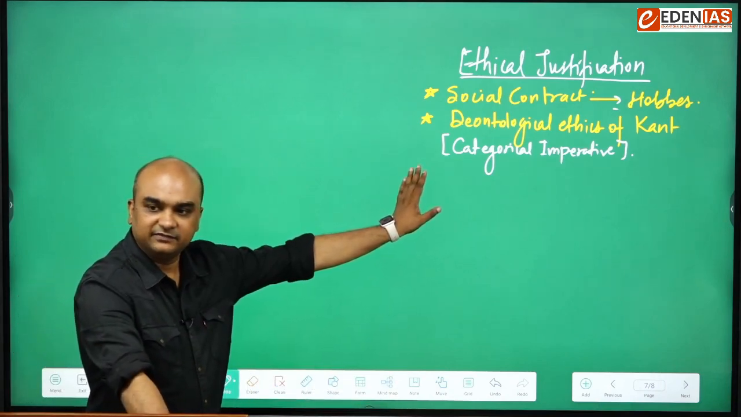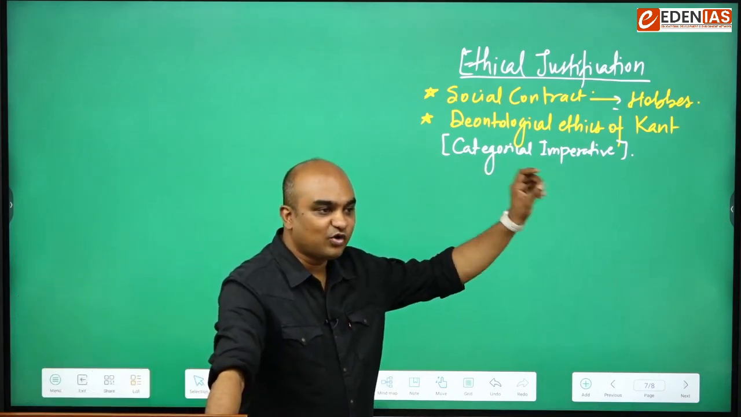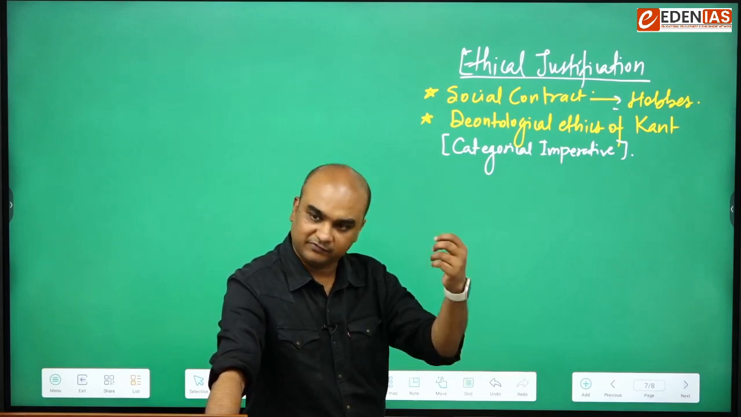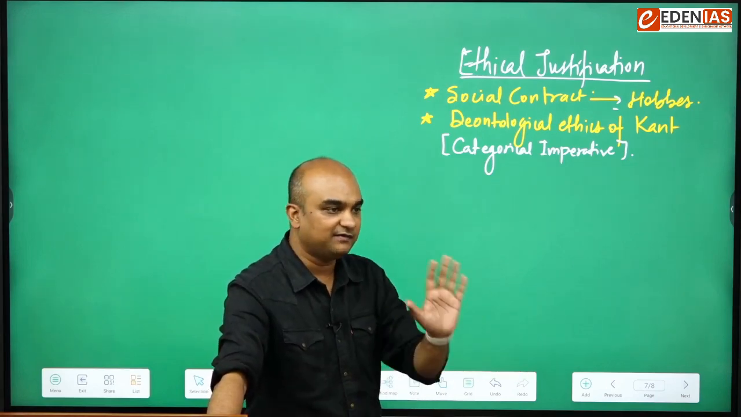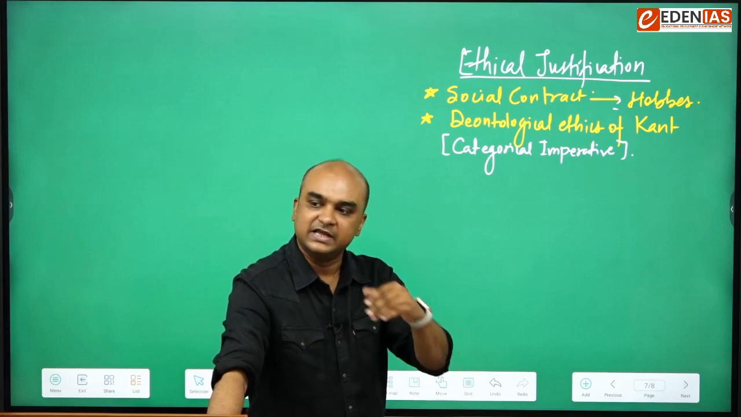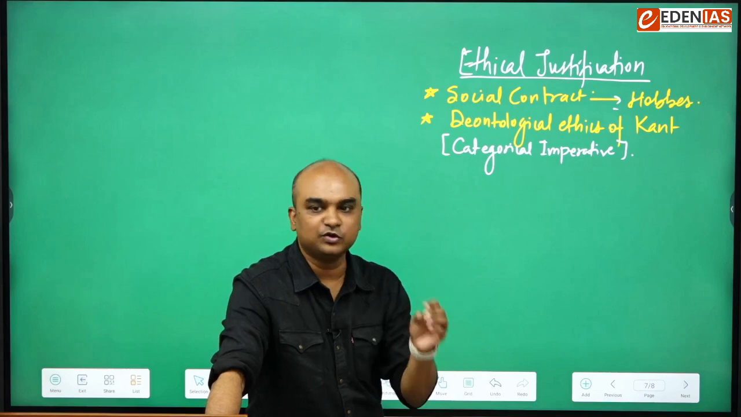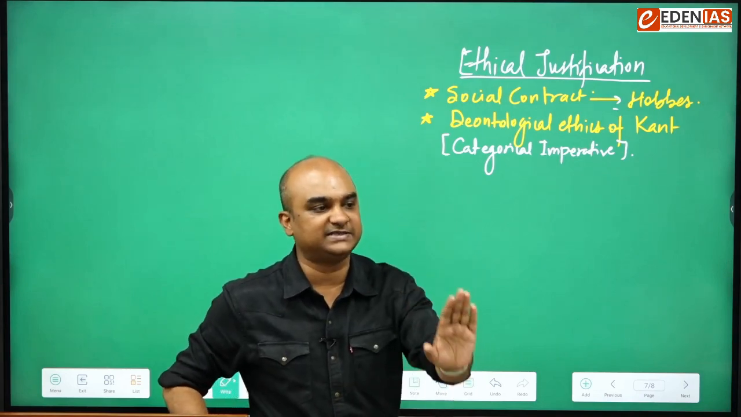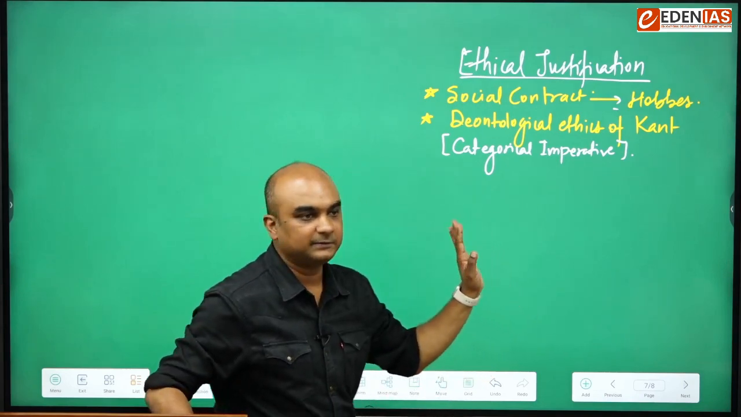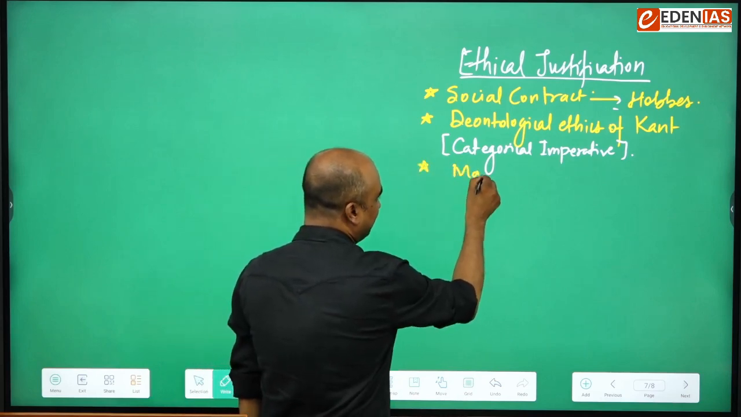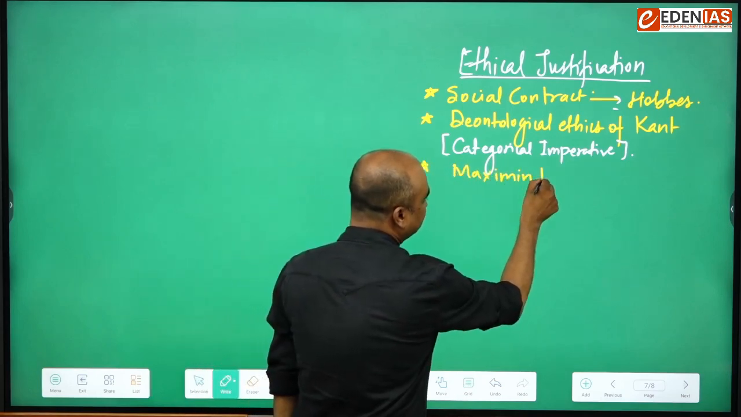Categorical imperative says what? That morality has to be based on an obligation to perform a particular duty. And whenever you are performing the duty, ensure that if everybody else also starts performing a similar duty, will you be happy with it or not? Never use anybody as a means to an end, always see everybody as an end. You understand that? Then think about the Maximin principle